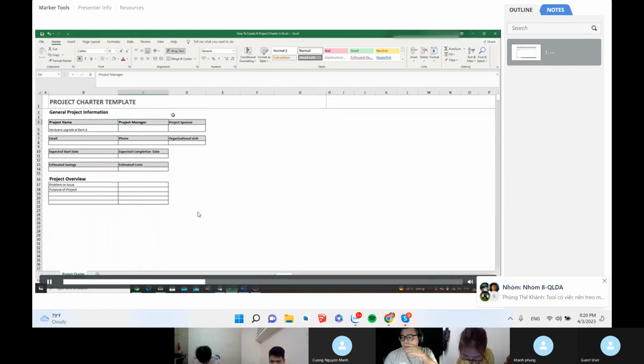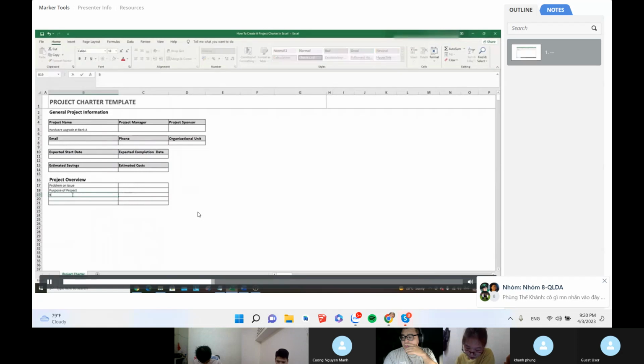We could make all the headings slightly bigger. I would recommend you do that. It just makes it easier for whoever comes into this template, it's easier to read, and it's more visually pleasing on the eye. So I'm just going to do all that first. Now we've got the purpose of the project, we've got the problem or issue, we've got the business case,